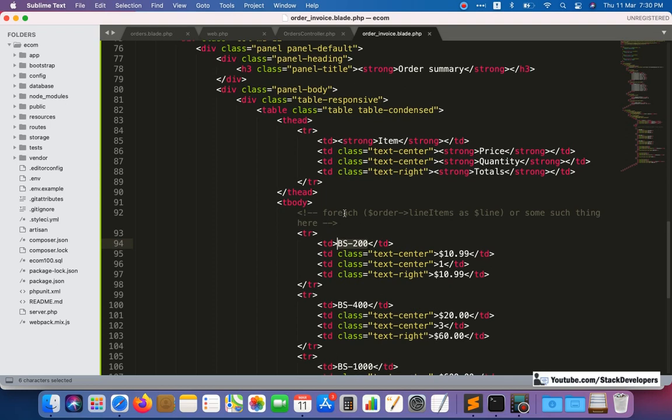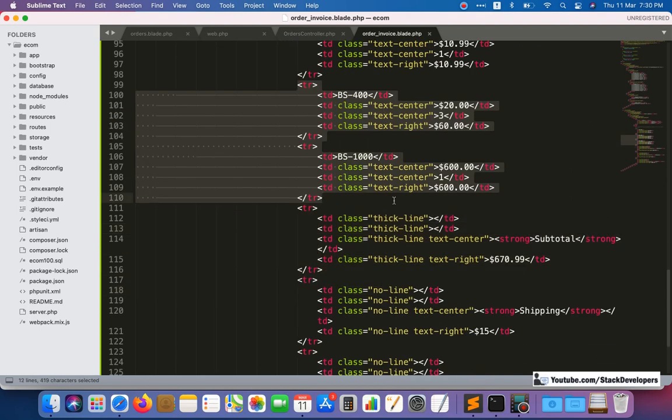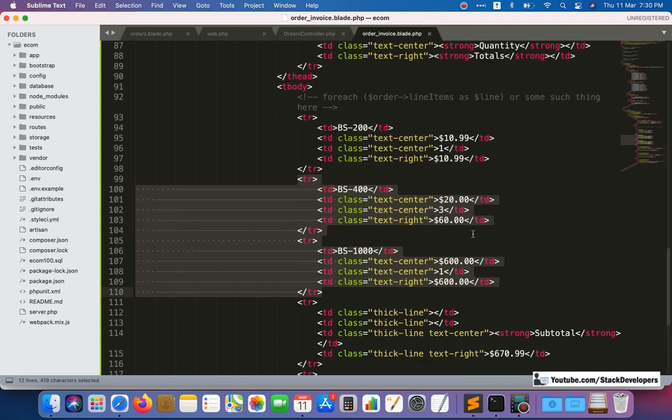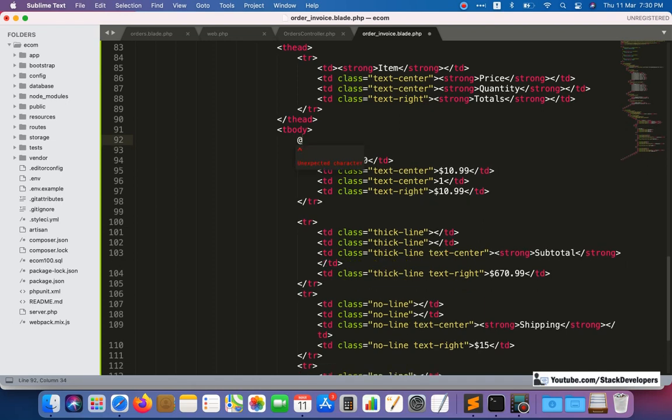Okay, so here we will show the item details, and first of all we will add the foreach loop, like they have shown in the sample. So we are going to add the foreach loop here, and we are going to remove the unwanted TRs. Here we can remove all these, and here we can add the foreach loop,